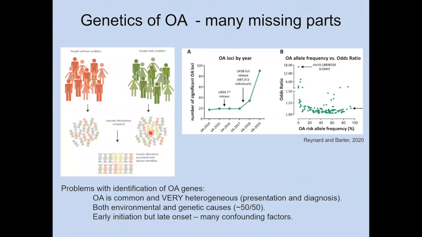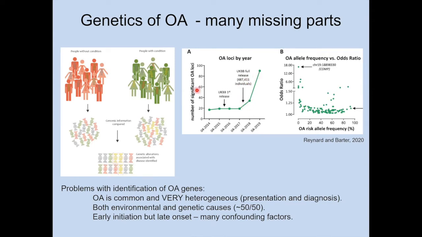And there are several problems with this approach. One is that you need very large populations to find statistical differences between these individuals. As you can see here, on the y-axis is the number of significant OA loci, which have been found over different studies throughout the years. And you can really see that there really haven't been a whole lot of OA loci found until you started getting close to 500,000 individuals in the study. And so this is when the UK Biobank data was released,